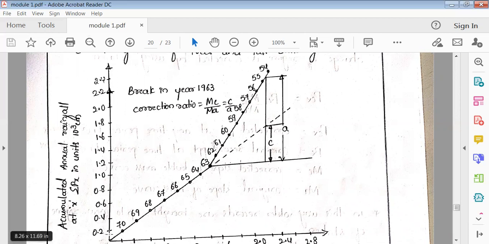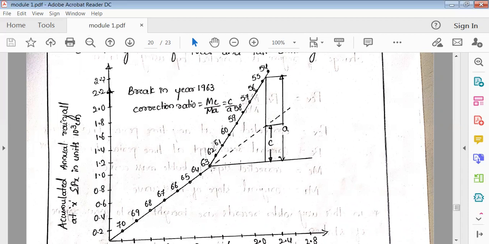Okay, it is not consistent here. Actually, if it has to be linear, it has to go straight like this. You can see this dotted line. So this curve has to be straight. But now, because there is some inconsistency in the data, it has gone like this. You can see 63, 62, 61, 60. It has gone like this up to this point, up to 54. Okay, so the curve is not linear. Now we have to find out what has been missed.